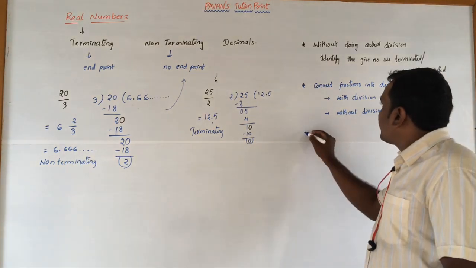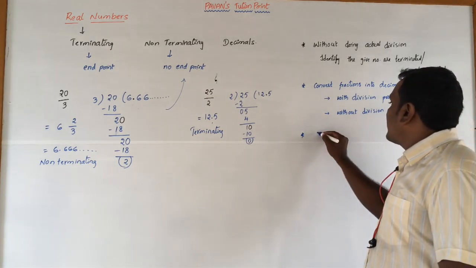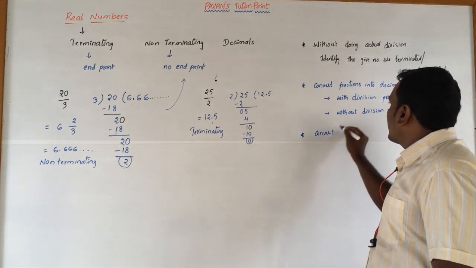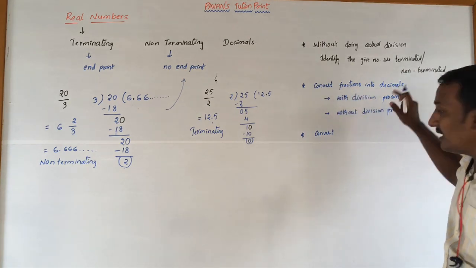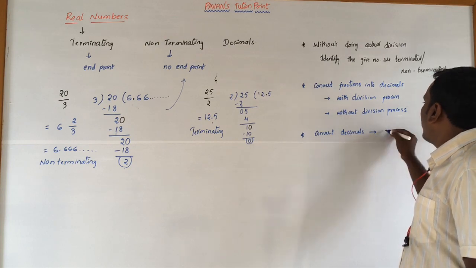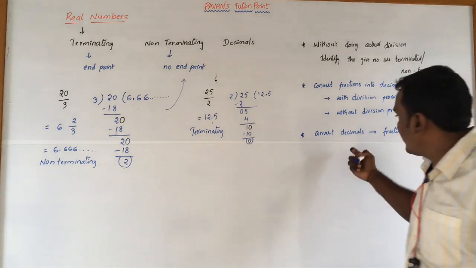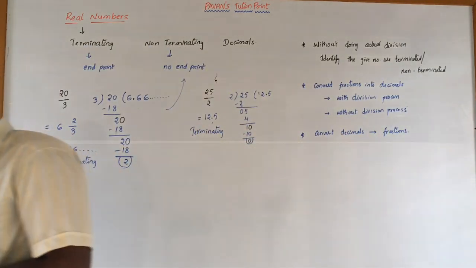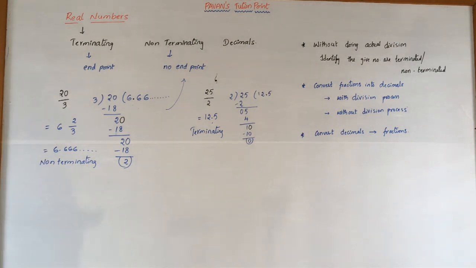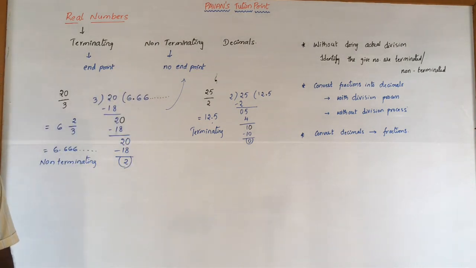So next, the third one is decimals. Here you converted fractions into decimals; now convert decimals into fractions. In class 9 also we solved this type of problem. So the third type of problems we solved in the previous classes, class 9 and class 8. So these are the three major types of problems we can solve in class 10.